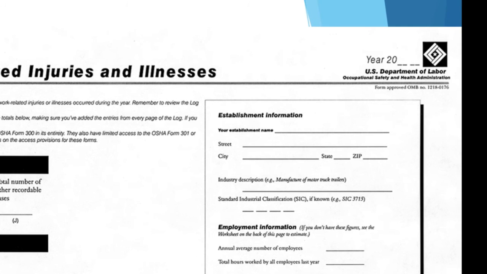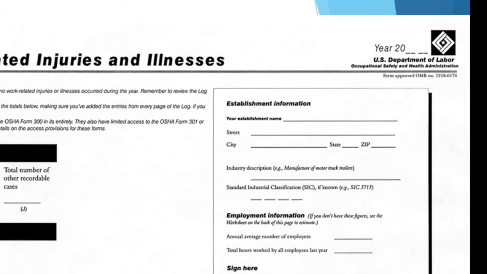And then you put down your establishment location, what you do, your SIC code, Standard Industrial Classification Code, and that's if you know it, but it's very good to know. And then you're going to average out your annual average number of employees. Then you're going to give them the hours. This is going into a formula that's called your total recordable injury rate, and it'll also go into your numbers for your days away restricted transfer rates.